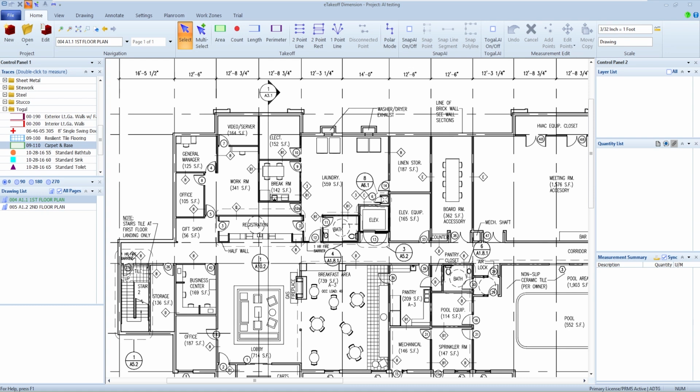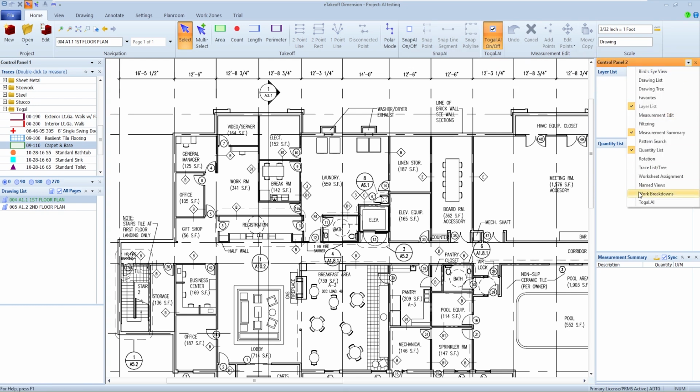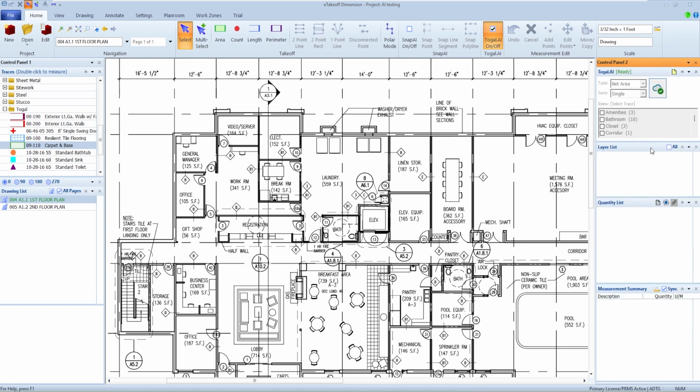On this particular project that I'm on right now, you'll notice that I've got one here that's green and one that's not. The main difference between these is that on one I've already uploaded where Toggle already went through and quantified some things, and one I haven't. So to get started, I'm going to turn this little checkbox on so I can see my toggle functions. I'm also going to go up to my control panel and add another function into my control panel here for the Toggle AI.